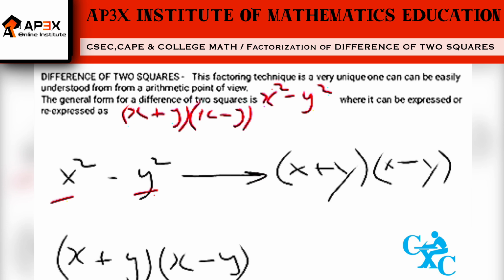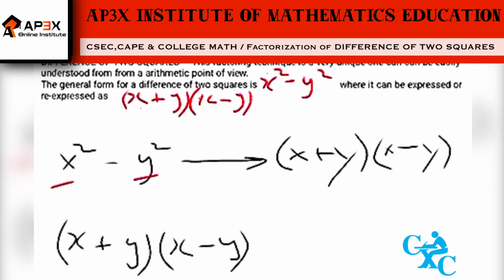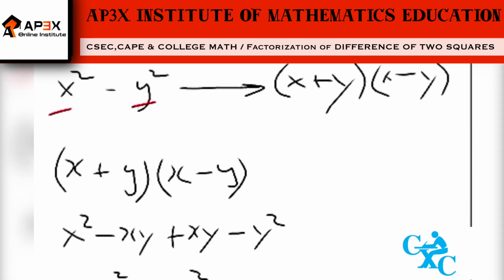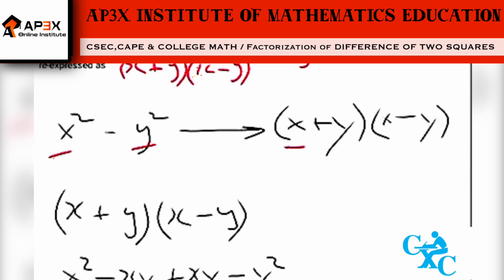Now, how is that possible? How did x squared minus y squared become x plus y and x minus y? To understand that, we can basically try to distribute this binomial expression. And so if we distribute, and if you had watched that video, I will pin a link in the description